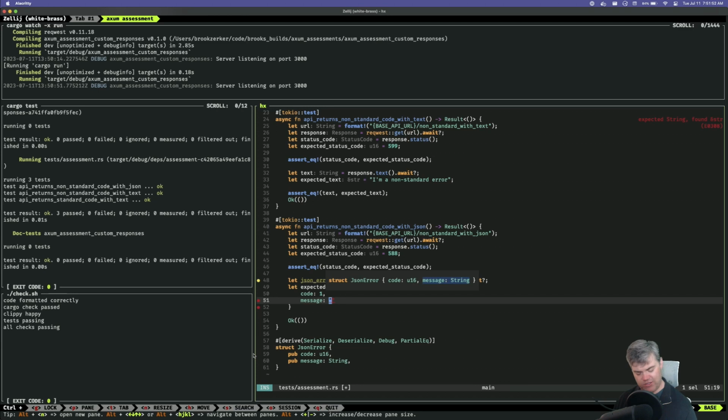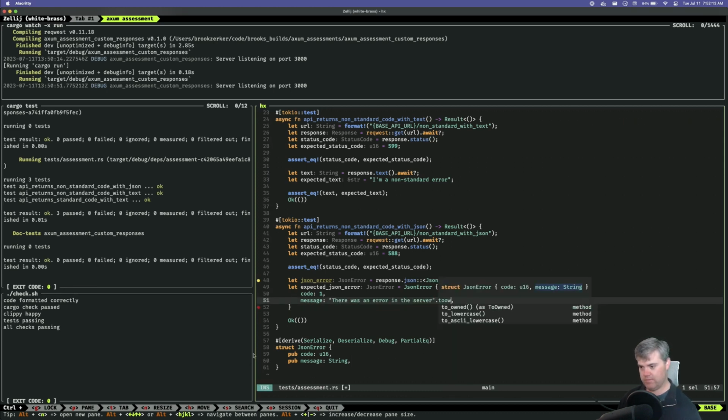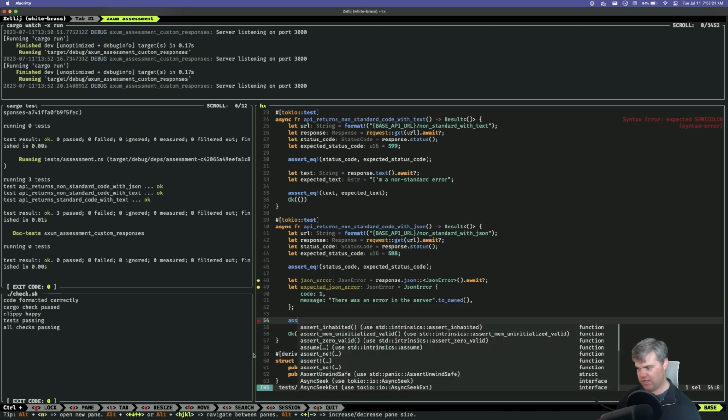I want it to be maybe something like, there was an error in the server. Oh, I need to turn that into a string. So I do that, and we'll assert equal.